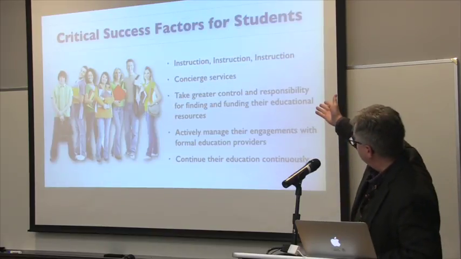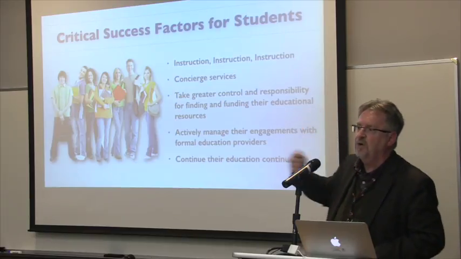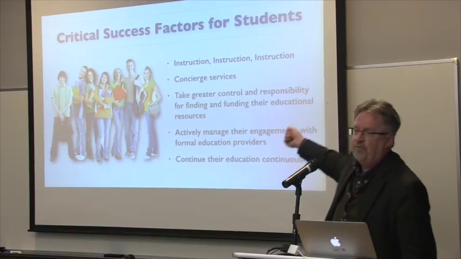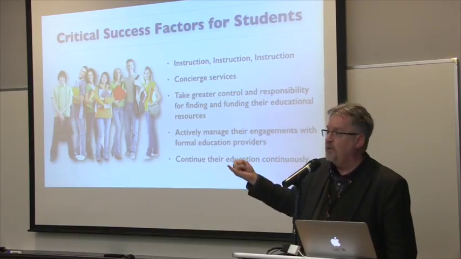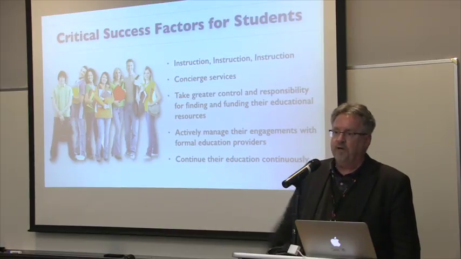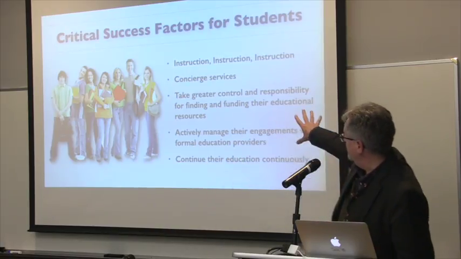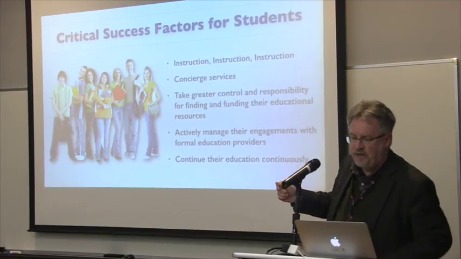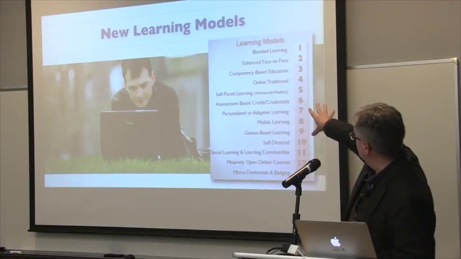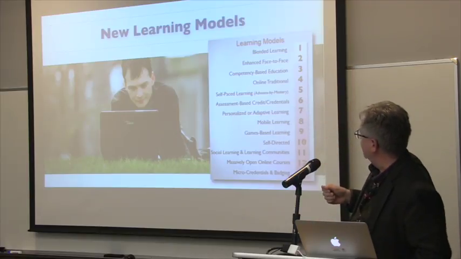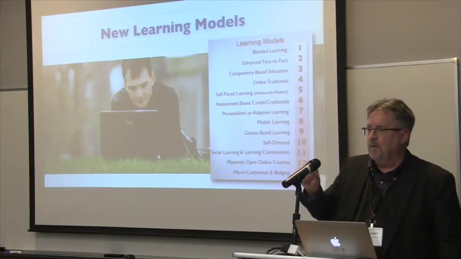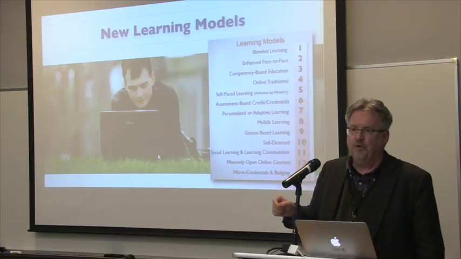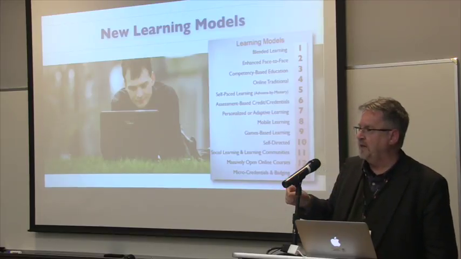What we came up with, critical success factors. We asked people what's most likely to change. And instruction, that really represents undergraduate, lower division, upper division, and graduate instruction. Everything is going to transform from the student perspective. Different things that they're going to be looking for and that they're going to need. When we look at new learning models, this is what came out of our group, which is more indicative of what the group would like to see than probably what the group is going to see, and shows us a bit of that disconnect.